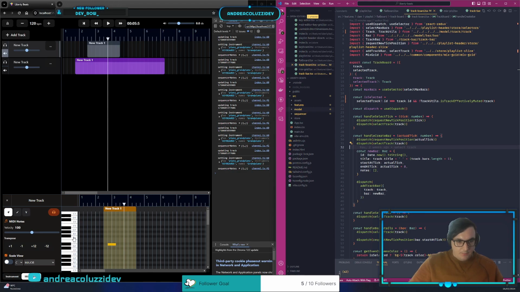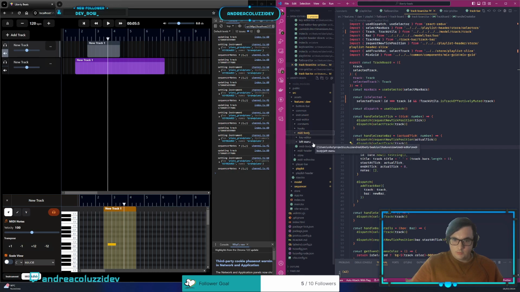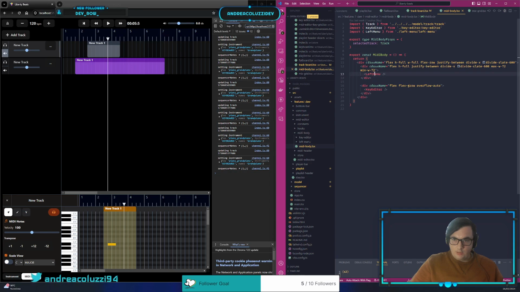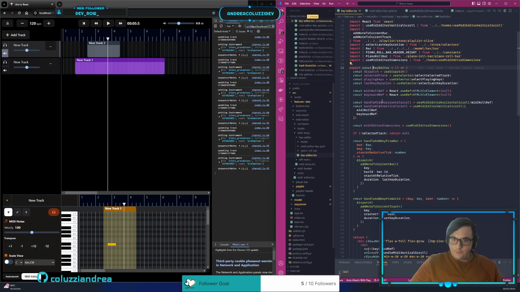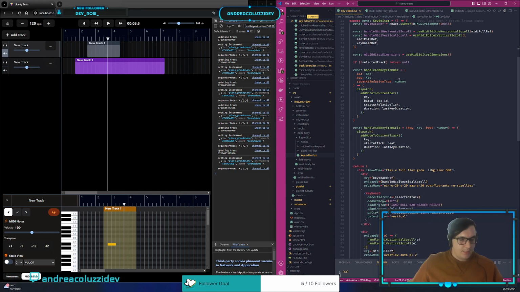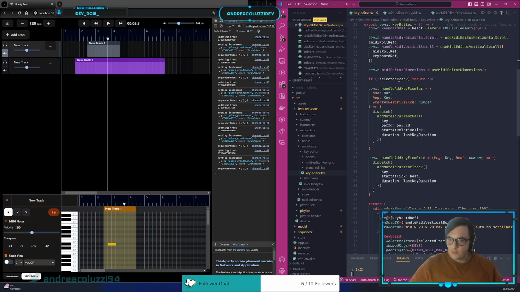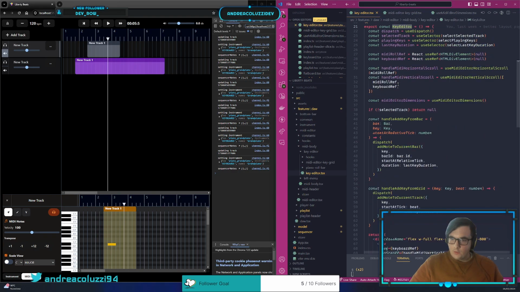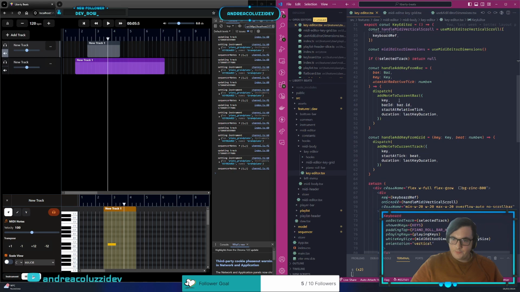I'm gonna find the MIDI editor, features, MIDI editor, body, and we have here the left menu, that is this one, and it's not working yet, just a skeleton. We have then the key editor, and inside the key editor,